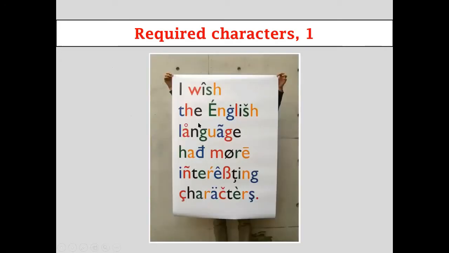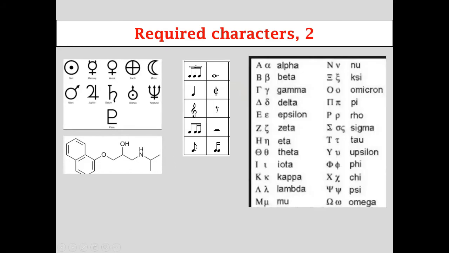So required characters: for instance, if your references have many different names from different countries, you have Polish, you have Scandinavian names, you have French names. In that case, you will use proper diacritical marks, so your font should have those diacritical marks. Or there could be signs, for instance, astronomical signs. So depending on the kind of manuscript that you have, it could be organic chemistry, it could be musical notation, phonetics, and so on. So does the font have all those characters? That's something you need to check.